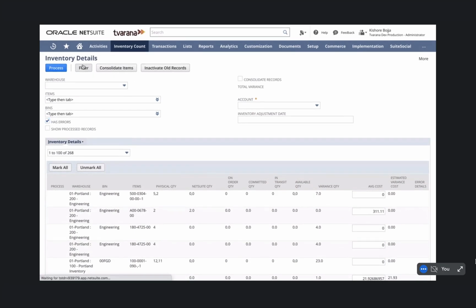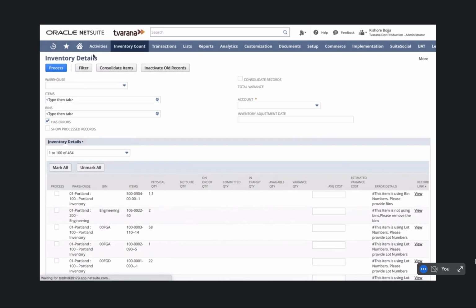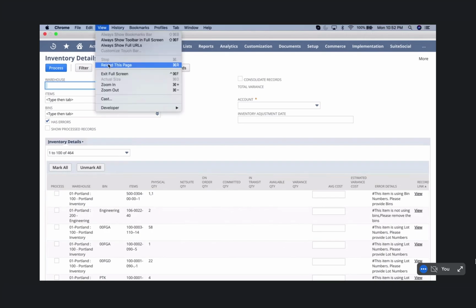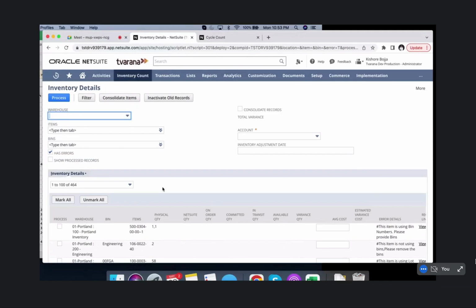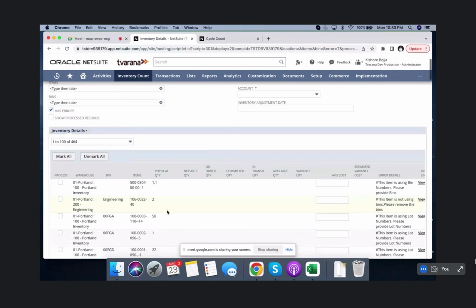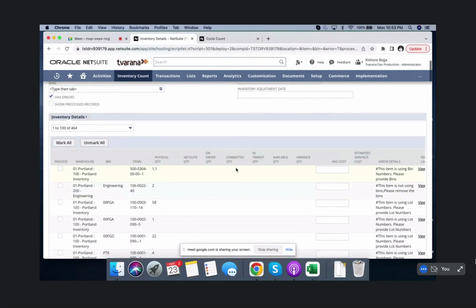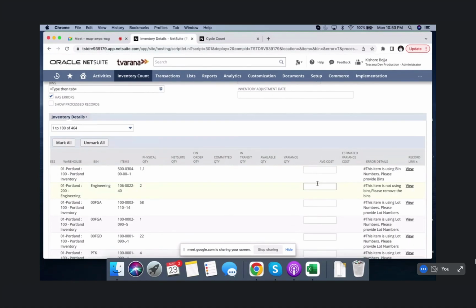While we are doing this, I want to just exit my full screen. I just want to show you. So what happens here when I see the errors, and I have about 464 of them, I can actually fix those errors from here itself. It'll tell me what the error is. It says this item is using bin numbers. Please provide bins. So I can open this record